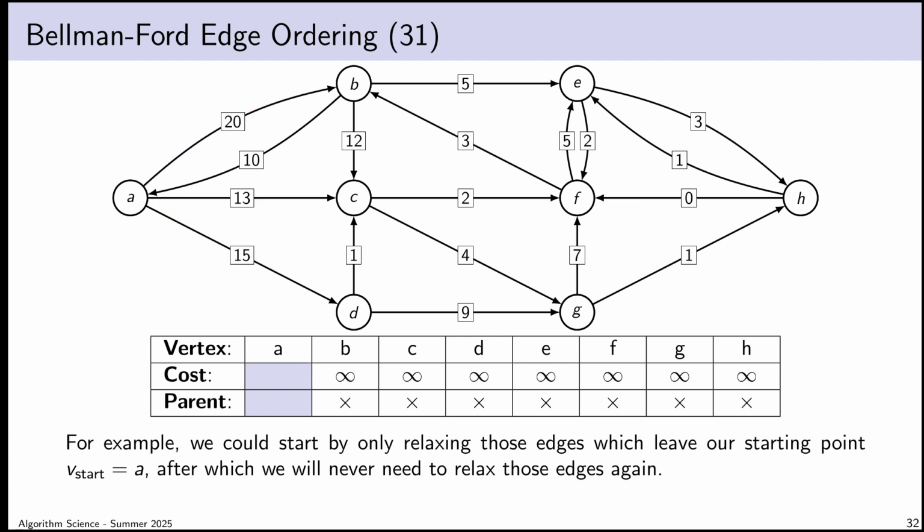It's true that the relaxations could be overridden later. So for example, I might discover at this stage that the minimum cost of travel to B is 20, and I set the parent to A. Sure, it is possible that later I set the cost to something lower and give it a different parent. That's fine. What I mean is that the edge AB will never need to be relaxed again. It might be the best contender right now. Even if it's not the best contender later, I'll never have to look at this edge again based on my idea from earlier. Okay, so that means my first iteration only involves relaxing the edges that leave vertex A.